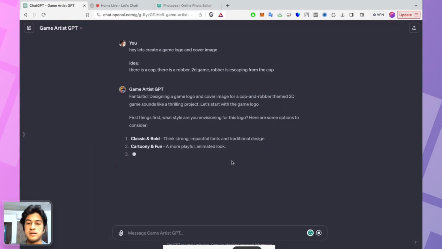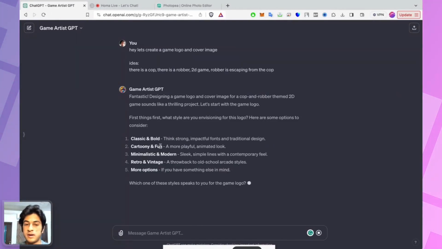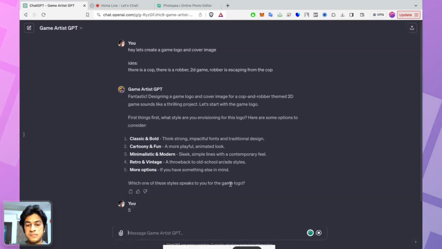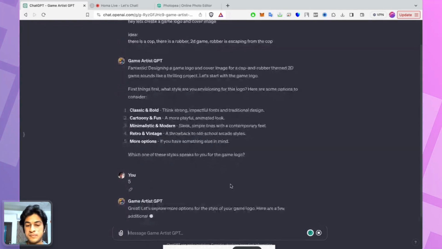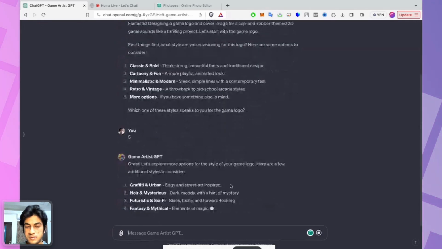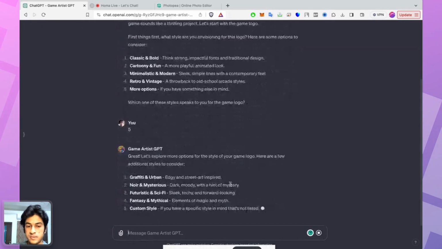So then the chat will ask us, okay, what kind of style you're looking for? Is it classic and bold, cartoon and funny? Let's try something else. Let's see more options for the styles. Let's go with mysterious.